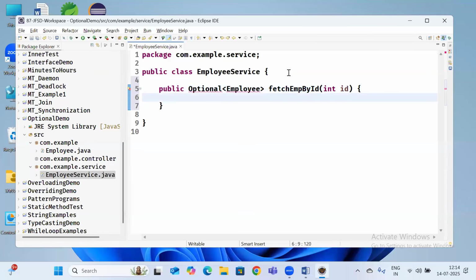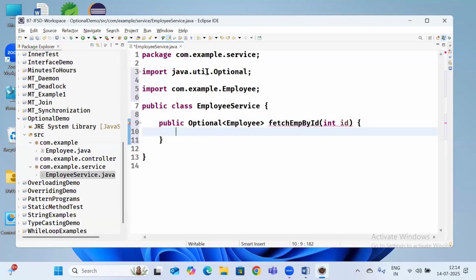I'm manually writing the code. You guys can see this, because Optional is a class from which package? java.util. That's why we need what statement over there? Import statement. Look at the code here. I'm writing manually, because I'm not connecting to the database and all these things. If ID equals 101, if ID is equal to 101,